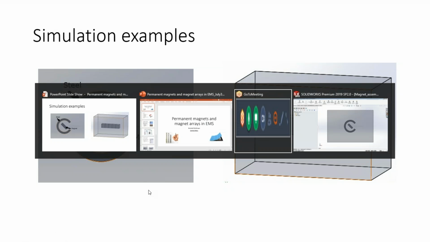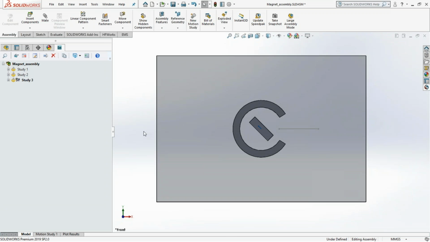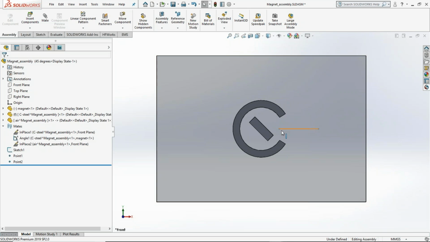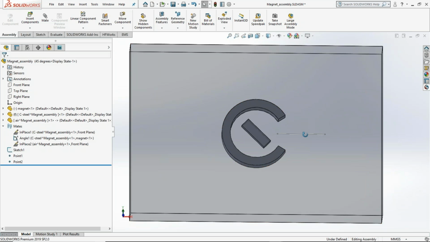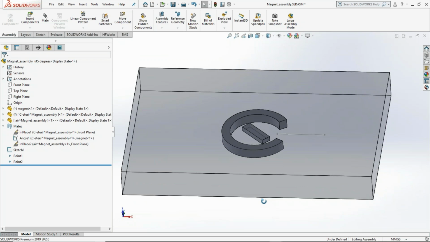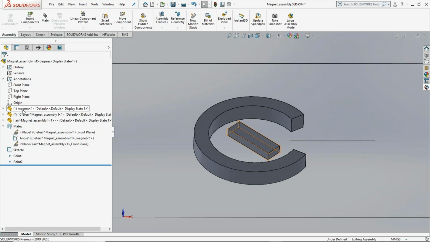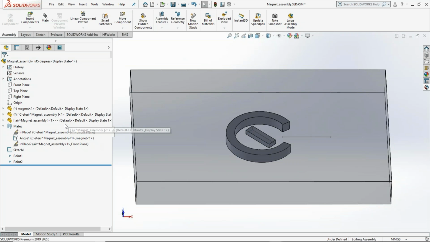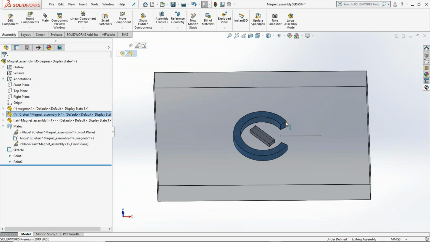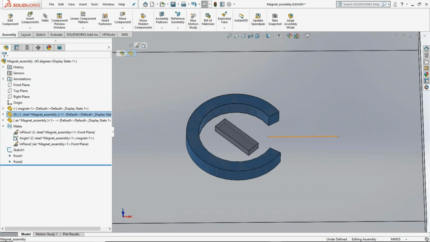So let me just go to SolidWorks, where we can have an understanding of how this model is set up. Let's take a look at how this model was created. It's a 3D geometry. As you see here, I'm rotating the model. What I have here is a permanent magnet whose magnetization direction is along the major length of the magnet. Next, we also have a steel which is C-shaped. There is a little bit of air gap as you see here, and I have a line